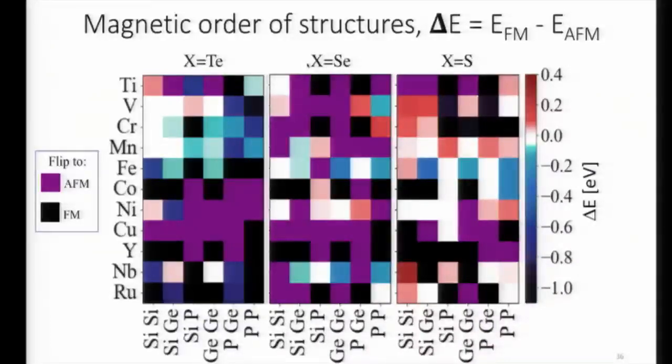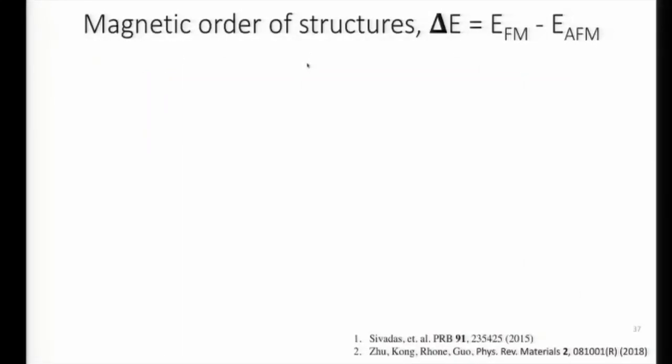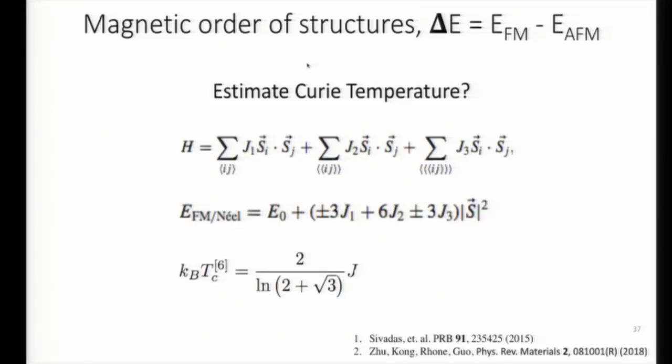Before, I explained this as a tool for determining which structure was ferromagnetic or anti-ferromagnetic, but we can also pick up something interesting, such as the value of this delta E, or the magnetic excitation energy. We can use this value as a kind of energy gap to estimate something like the Curie temperature. To do that, we can start with the Heisenberg model,